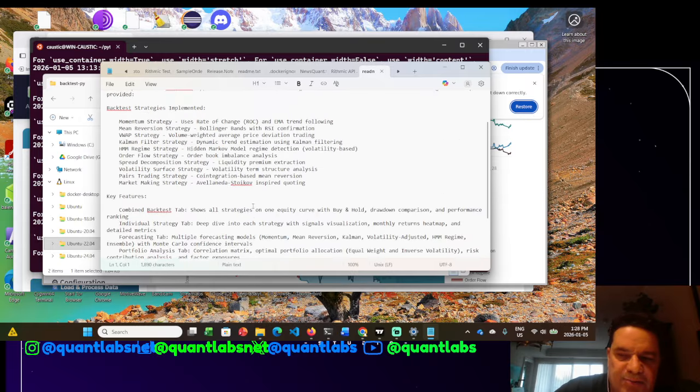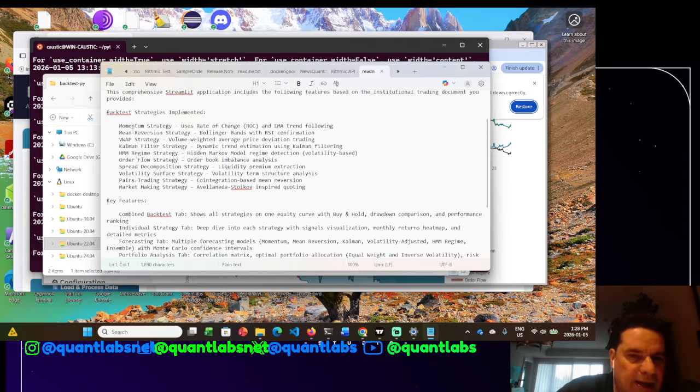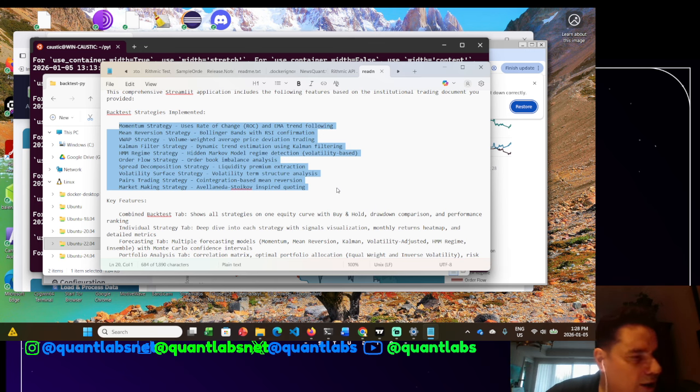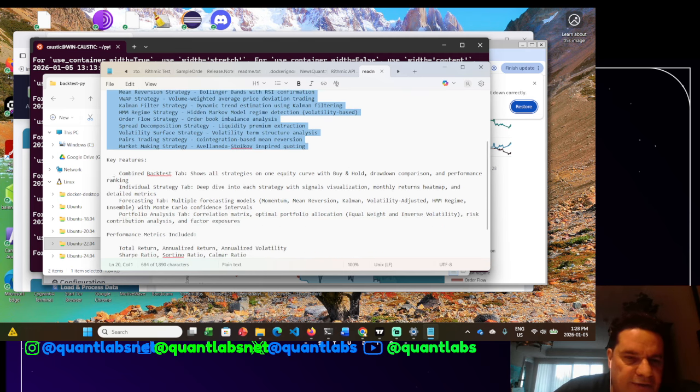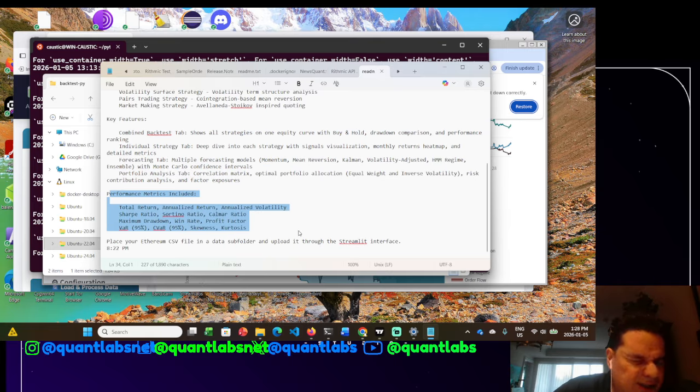But you can see here in this particular README file, it's pretty simple in this case. We've got the capabilities to analyze all these different strategies that I showed you in that document, all the quantitative stuff. Here's all the different features. We'll go through that. And we can also look at the different performance metrics. And again, this is obviously from a quantitative standpoint. I kind of showed you the technical analysis and fundamental has some impact on Bitcoin. But generally, to really take advantage of Bitcoin, you have to look at it from a quantitative perspective.